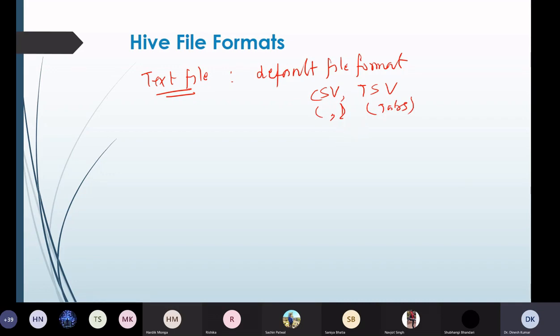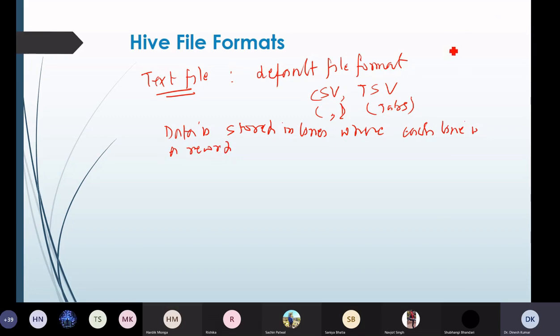Data in text file format is stored in lines, where each line is a record.